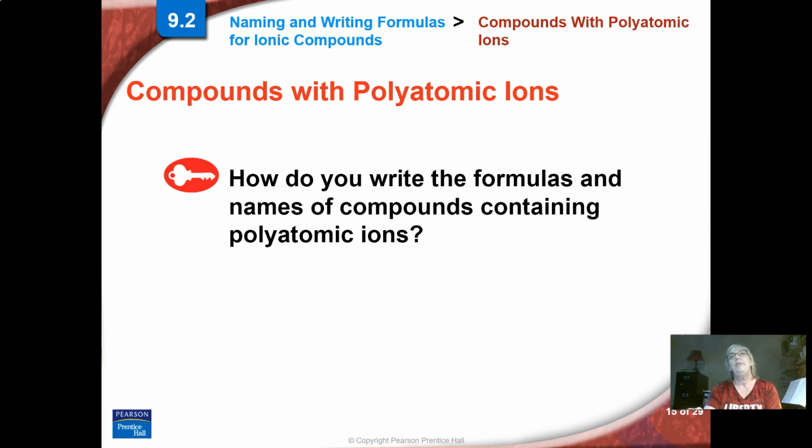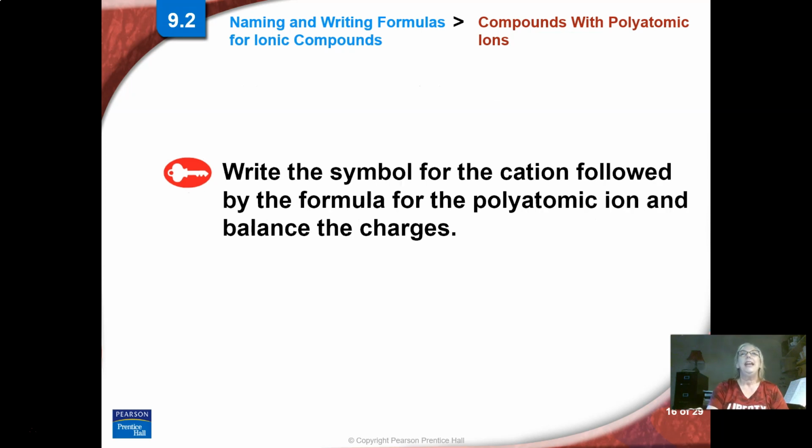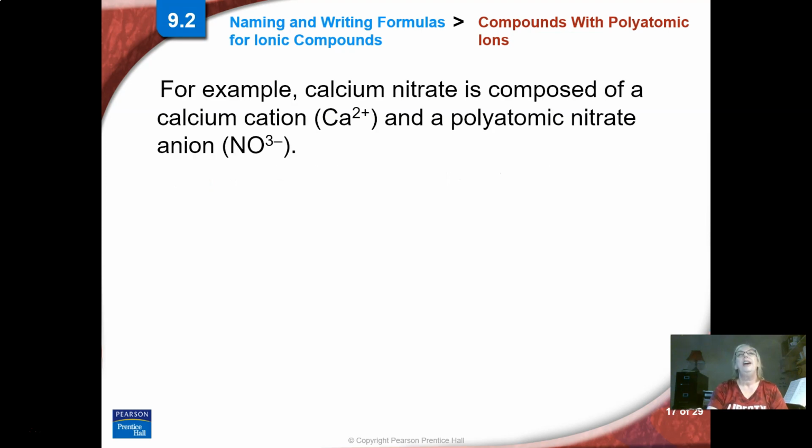And then let's talk about when you have polyatomics. Remember, those are the ones I want you to memorize, okay? So we're going to write the cation, and then we're going to write the formula for the polyatomic, and we're going to balance the charges. So if I had calcium, which is a +2, nitrate, which is a minus,